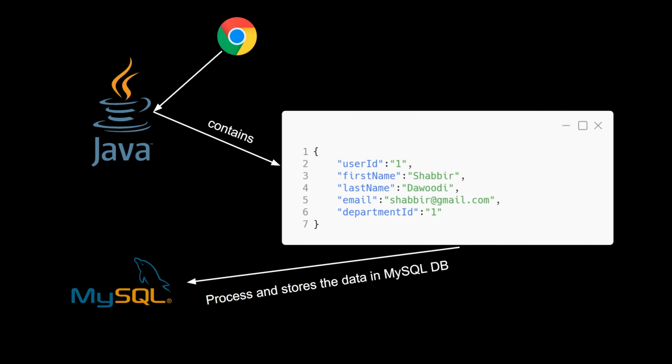Suppose in this case it's a MySQL database, where that particular data will be stored based on the current state of that database. Suppose currently there are 3 records inserted for that user, and a new record comes, there will be 4 records now, and all the query operations will be performed from that database for that user. So our database is considered a stateful application, where it is storing the state of the current application, and our Java application is a stateless application which doesn't concern itself with the state. It will just execute all the requests.